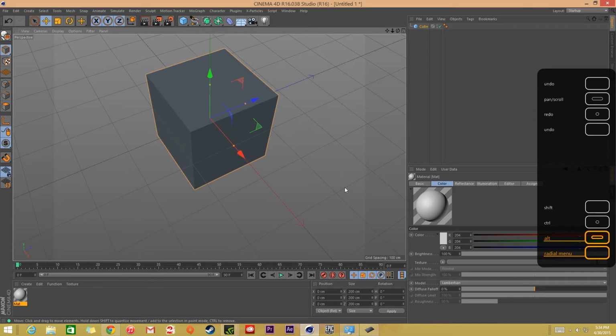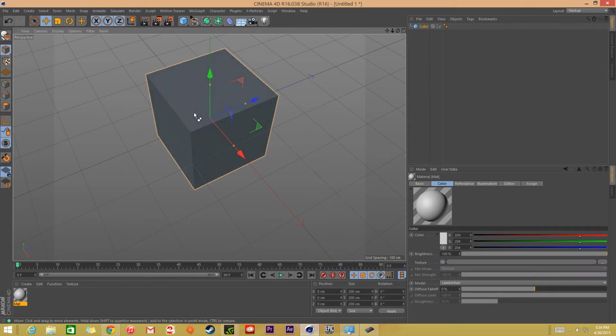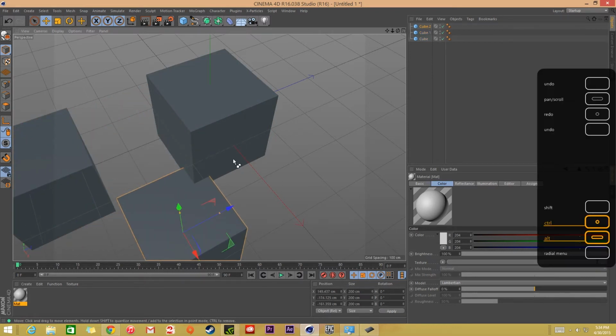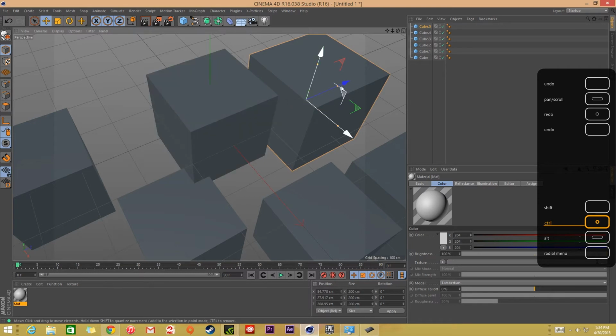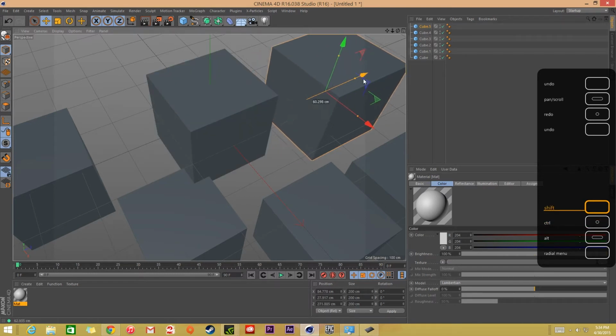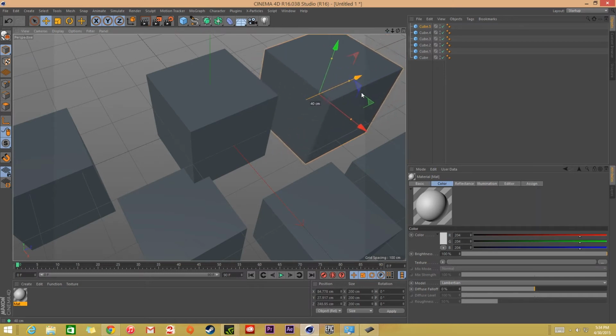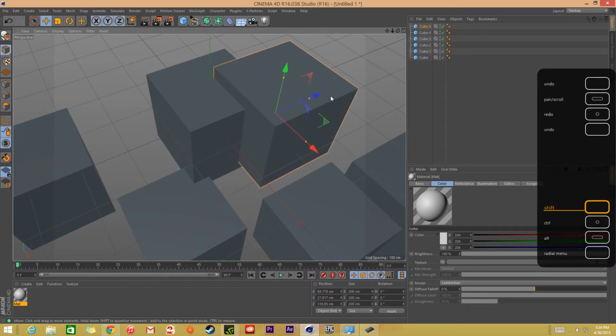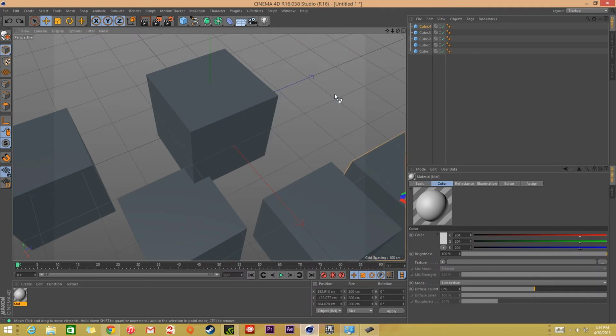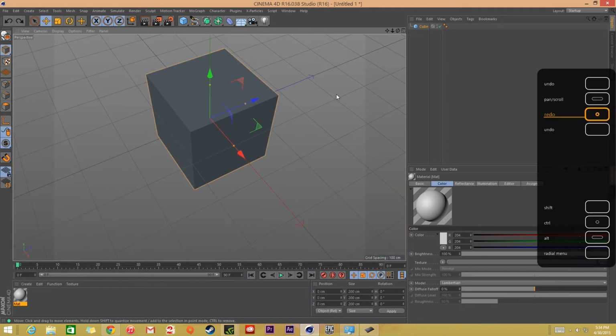The next button we're going to go to is Control, and with this it's just Control, then I can copy and copy and copy again, just holding down that button, left click and dragging and doing just like we're used to doing with a regular mouse and keyboard. And then I can click to drag, hold down shift, and then it'll constrain that. And then I have my undo button set to here to undo these things, or press the top button to